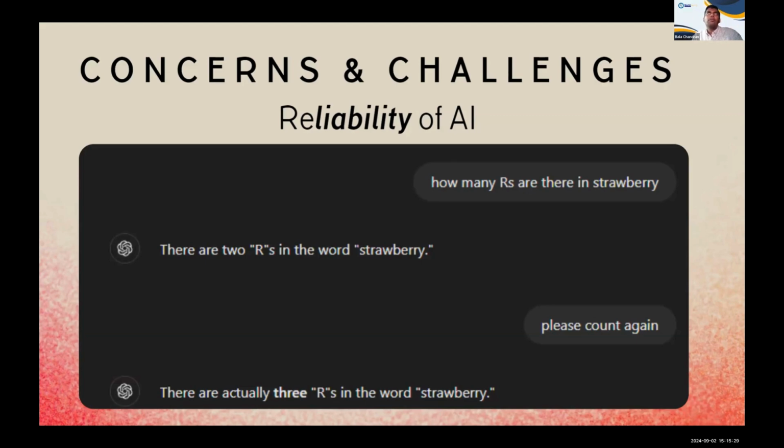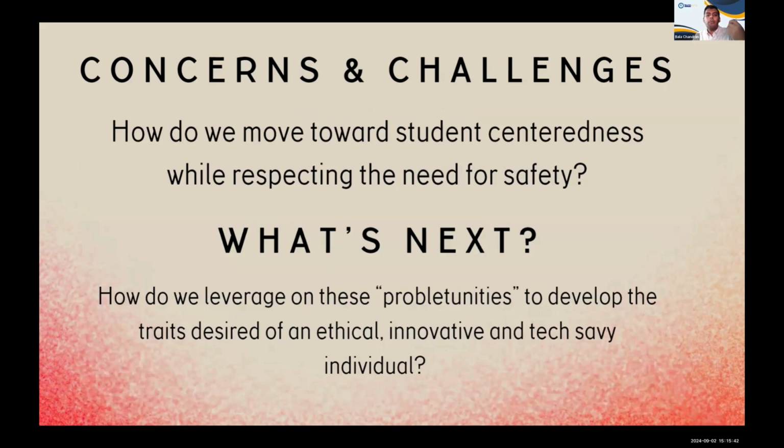Also, I will face the very common challenges to do with integrity, students passing off work written by ChatGPT as their own. So all these are challenges that make me also question, how do we move towards student-centeredness while respecting the need for safety? Because we know there is an age restriction, we know that they can easily misuse AI, but nonetheless, I think